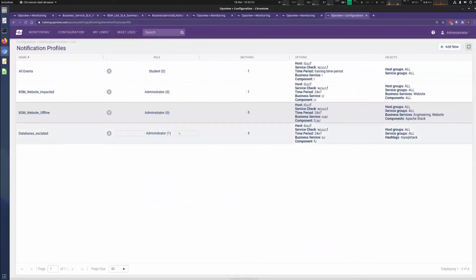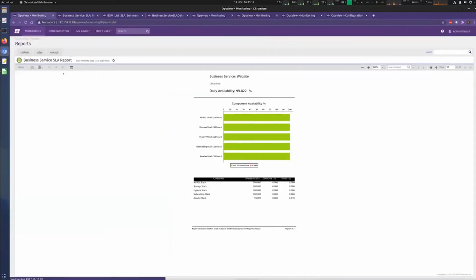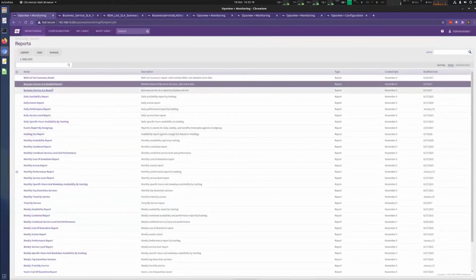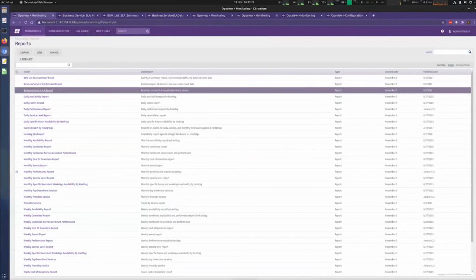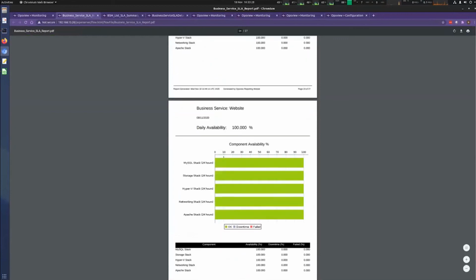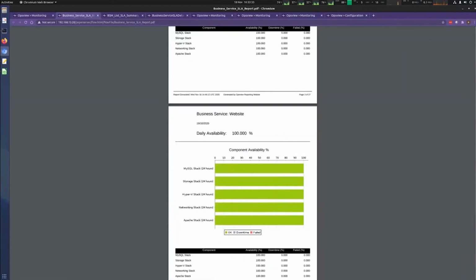And ultimately, we can also report on these as well. I know reporting is important for a lot of organizations. So at the end of the month or the end of the week, you need to report on how resilient your website was, its uptime, and who is impacted. We can do that using a lot of the built-in Opsview reports. For BSM, we've got a detailed SLA report, a summary, and just an overall SLA report. We can generate these. I did this just about an hour ago because sometimes generating the report takes a little bit of time. But we can create a PDF of how available our